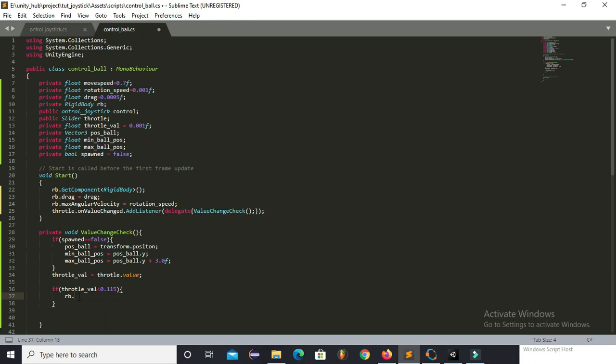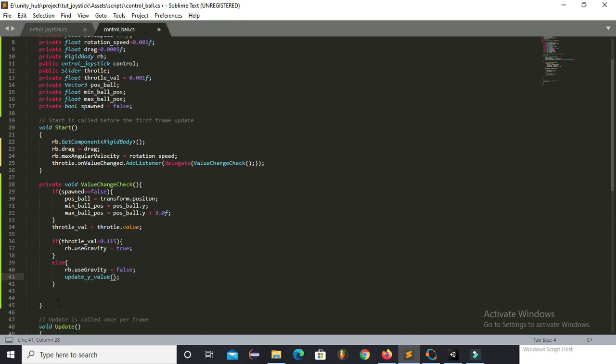So for that we will keep the use gravity to true. So whenever the slider value goes beyond this 0.115, then the use gravity will be set to false, and the ball will start floating in the air. So now I will call update y value so that it can move in air, and I will create this function over here.